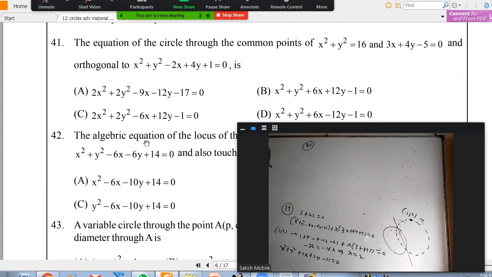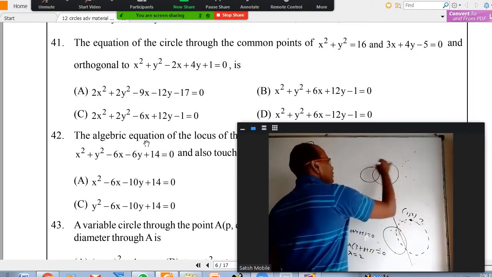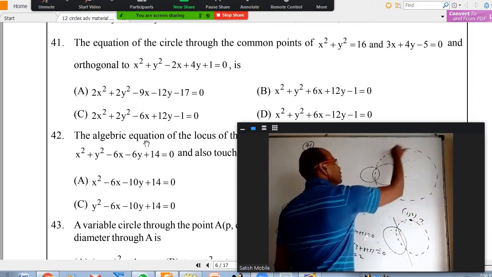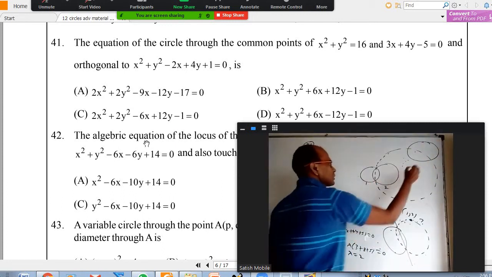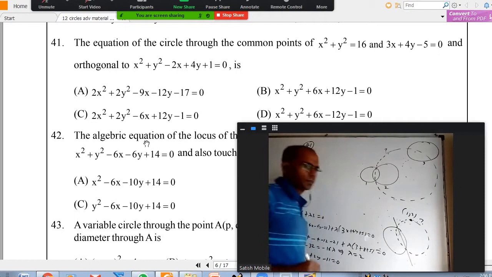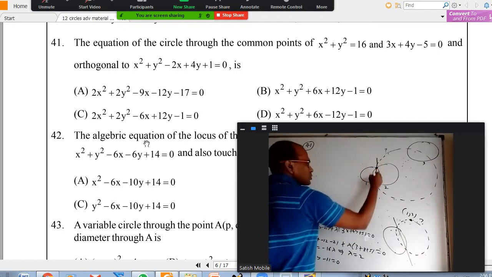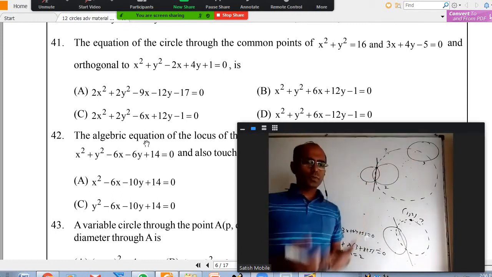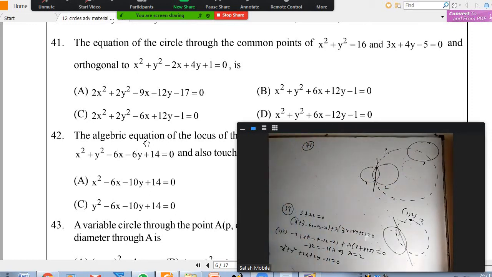41. The equation of circle through the common points of different circles. So two circles may be intersecting, and passing through these two there is a circle, and somehow that is intersecting some other circle orthogonally. First circle, second circle, third circle, and we want this. So first of all, I'm going to find this line. Any circle passing through these two will be in the form of S plus lambda L. And for what lambda it will intersect this orthogonally, I'm going to apply the orthogonality condition with this third circle. I'm going to get lambda.